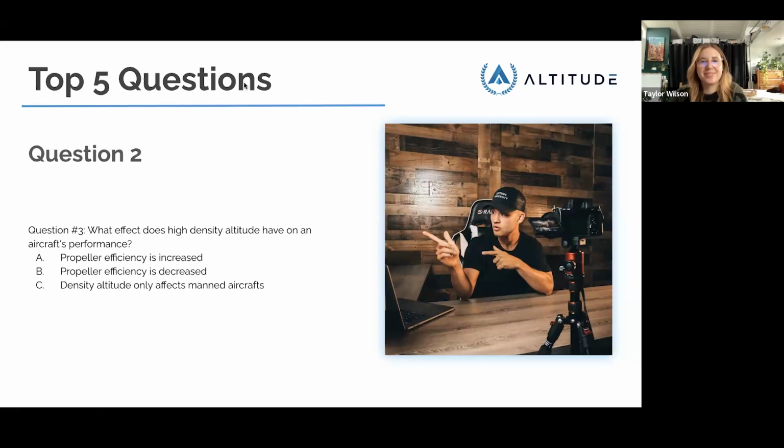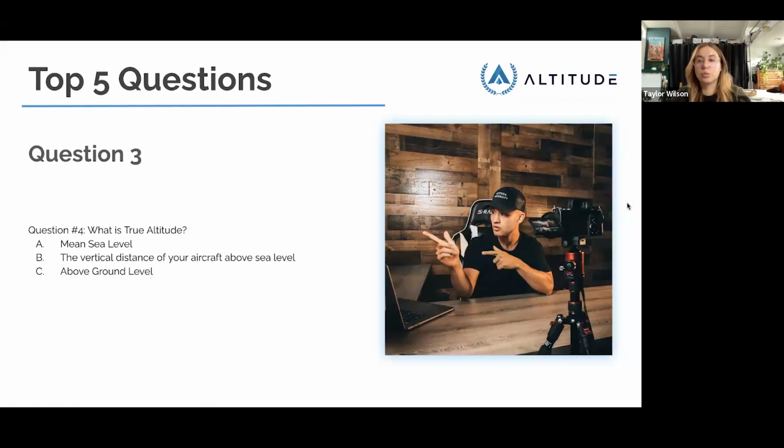Awesome. Thank you, Brian. Yeah, exactly. So our propeller efficiency is decreased. Now, again, our propellers or airfoils are dependent on air molecules flowing over them in order to develop lift. So if we have a high density altitude, that means that air is less dense, therefore decreasing our propeller efficiency. I've always thought that was a little confusing, associating high density altitude with less dense air. The words make it seem like it'd be the other way around. But anyways,